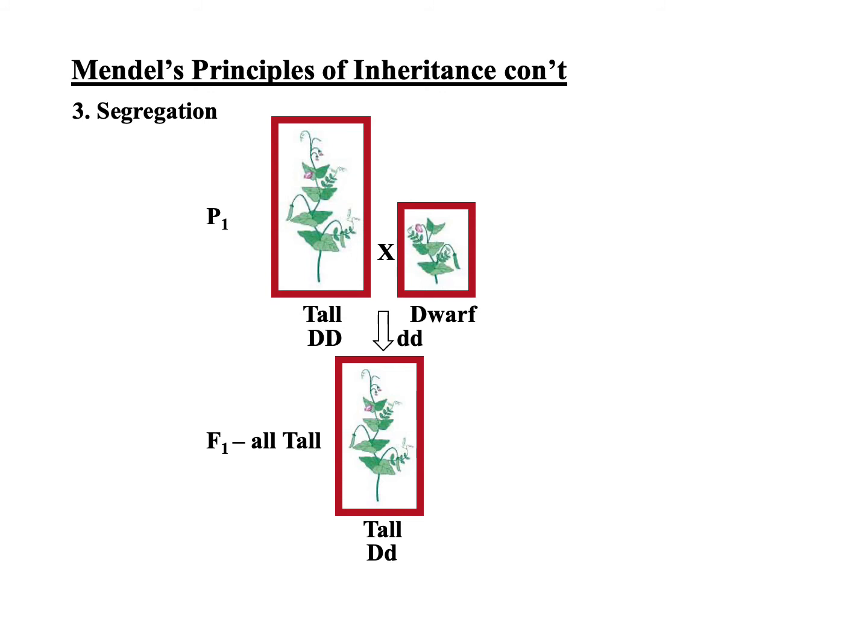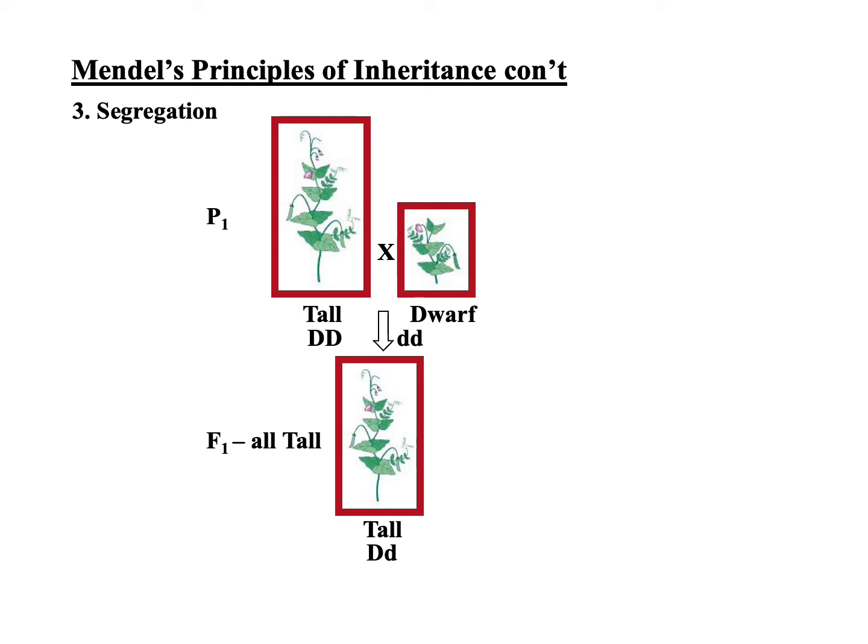Basically, what he's saying is that if you have 2 copies of a given unit factor, that when gametes are formed, those 2 copies have to separate from one another, and each one of those copies is going to go into a distinct or individual gamete. Now we'll look at that mechanism with a simple way to follow that mechanism in the next slide. But what I want to focus on with this particular